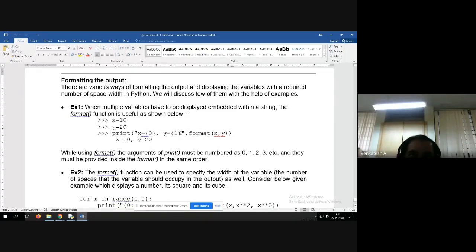Now, for example, let us assume here you have 3 variables, x, y, and z. Then how we write? Comma, z equal to. I want to give three digits space for z.